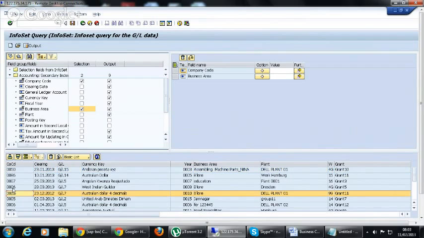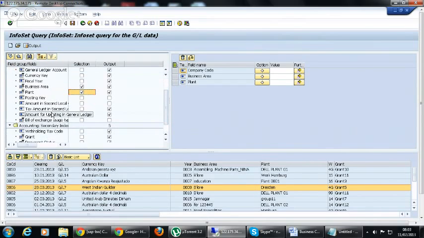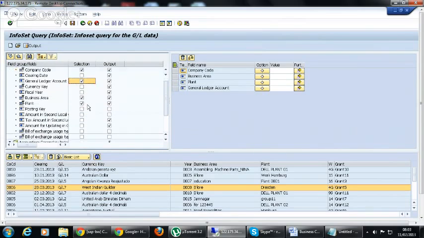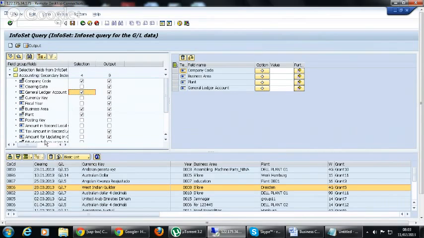Company codes are like this. It has to display whatever it is. Okay, let's keep this and